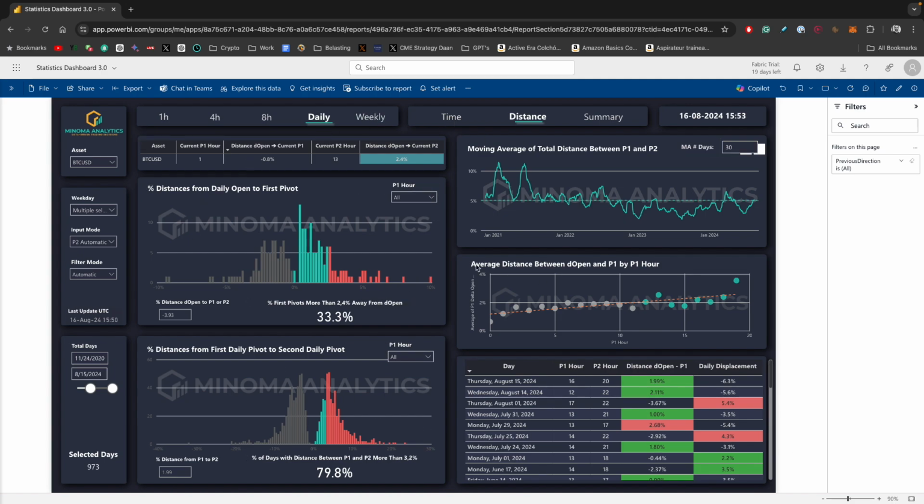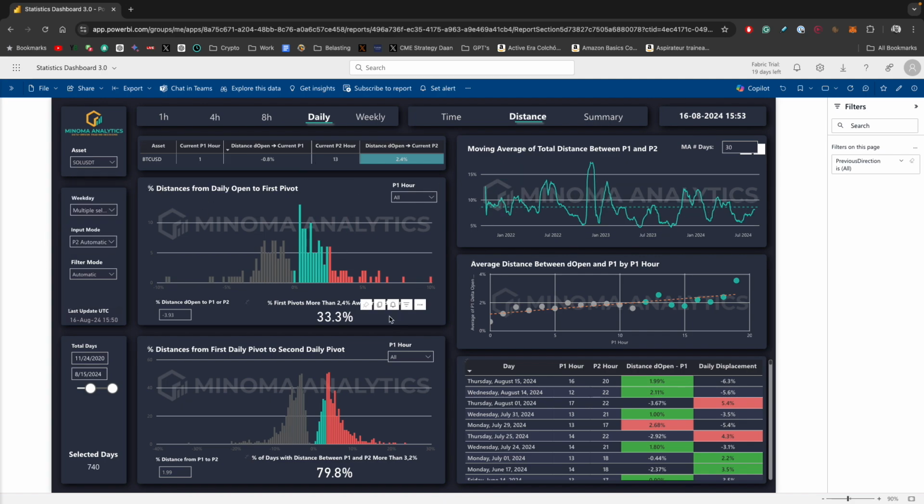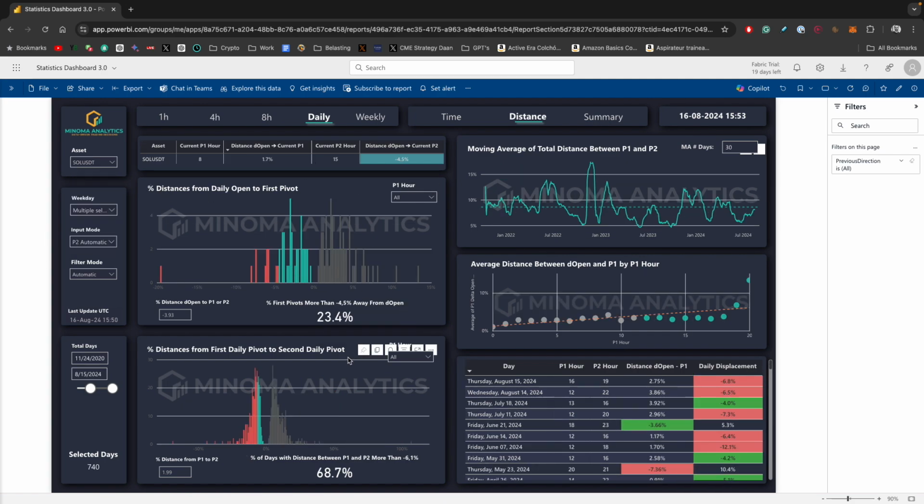So we've discussed all these things, and again, you have this for all the assets that are in here, so you can just switch around with those. But the thing is, there's a lot of statistics, and it would be nicer if there was a way where you can just quickly see for all assets what's going on, right? Well, for that, we have another page which is called the summary page. So if we go to the summary page,